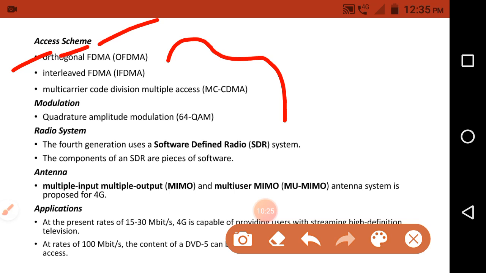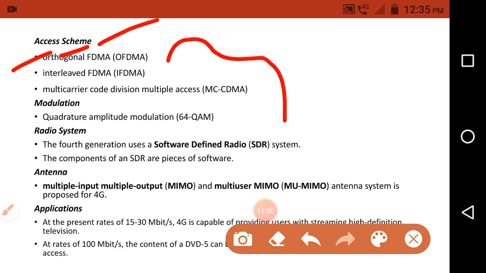Here we use the term orthogonal. As we discussed in FDMA, each channel is separated by guard bands. But in orthogonal FDMA, there is no guard band between the channels. There is overlapping between the channels, or between the signals, so they have spaced those channels in an orthogonal manner.